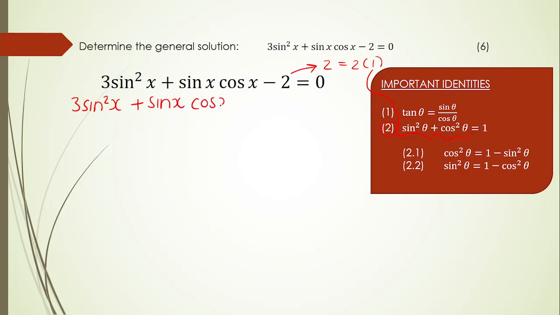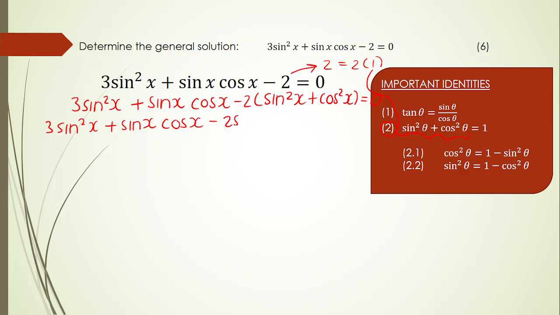I'm just going to replace it, and then I'm going to break that bracket. I'm seeing like terms, so these two are like terms. So that leaves me with a sine squared x plus